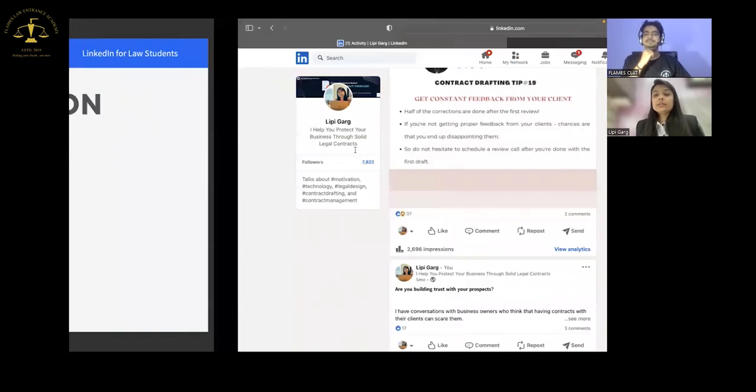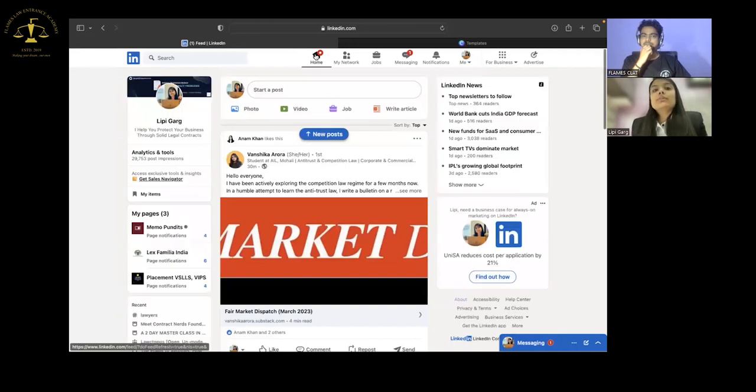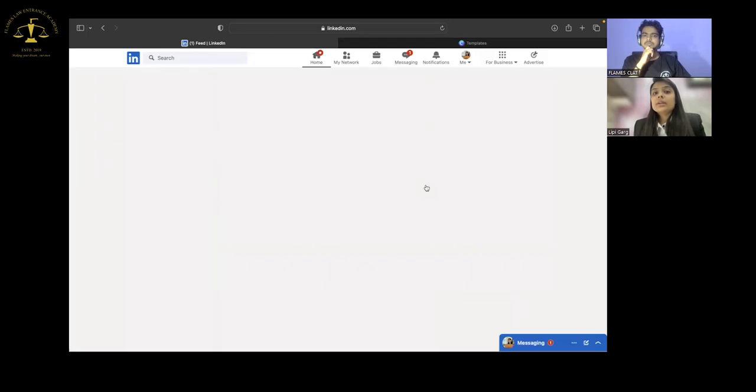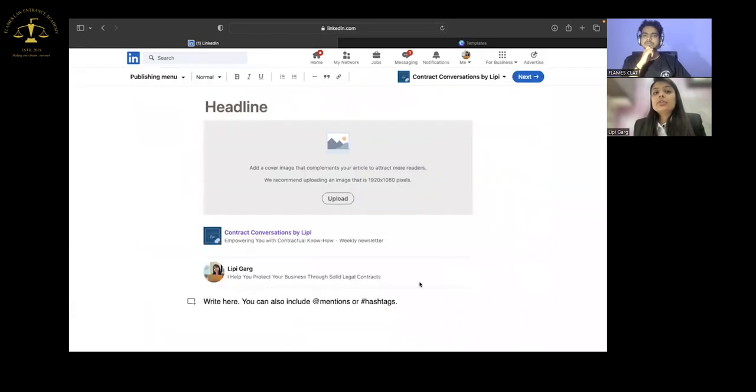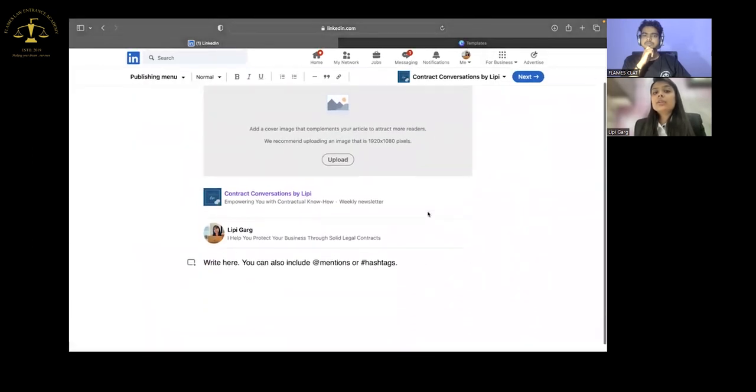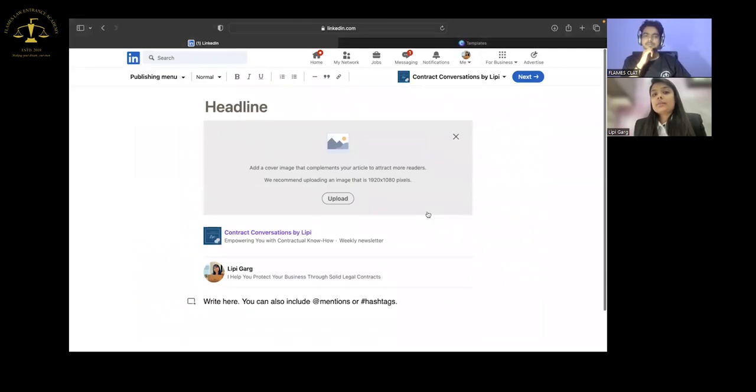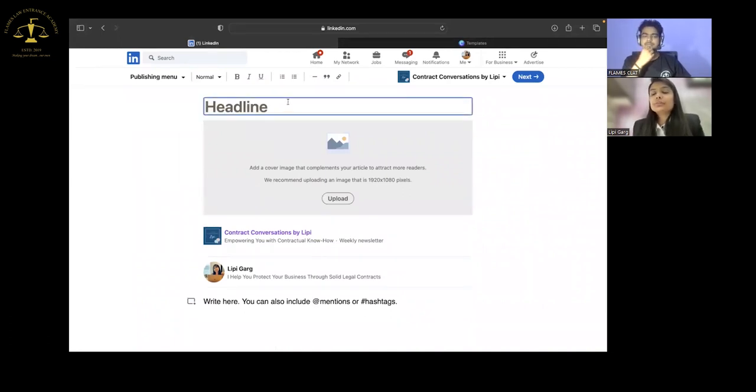Then we come to articles. Now, for example, if you wrote a content piece and you could not get it published anywhere, LinkedIn has an option to just write an article. So you could just see here and you can write. Add a cover image for your article. Just put the heading of your article, upload. If you want to do it, it's fine. If not, then also it's fine. So yes, you can design this.